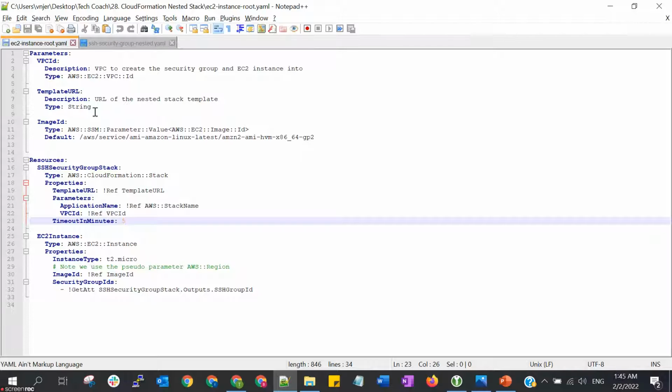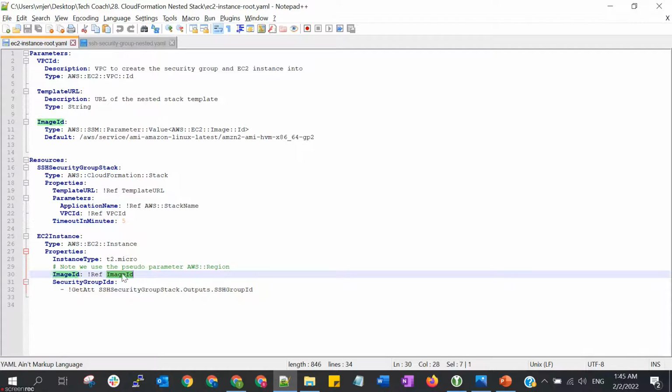Another resource created from this root stack is the EC2 instance. So we'll create this t2.micro, and the image ID is from the parameter, and the security group ID is the output from the nested stack, the child stack.